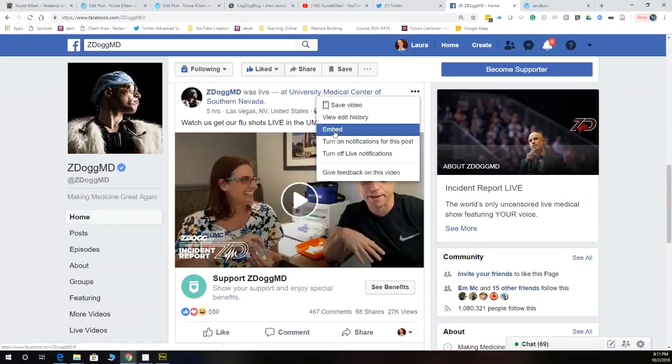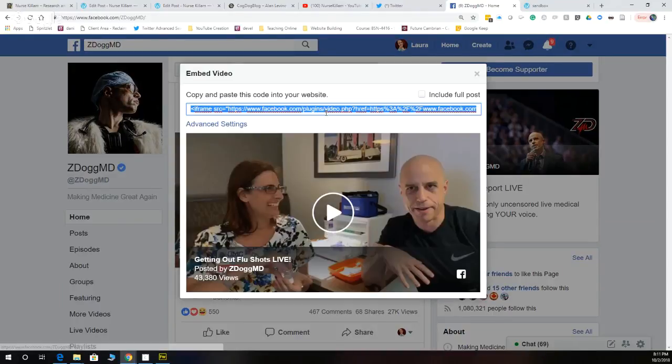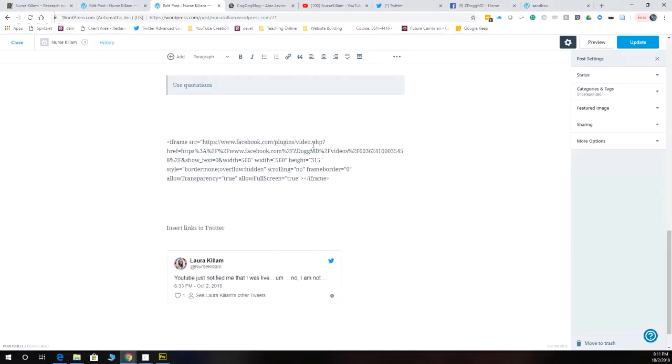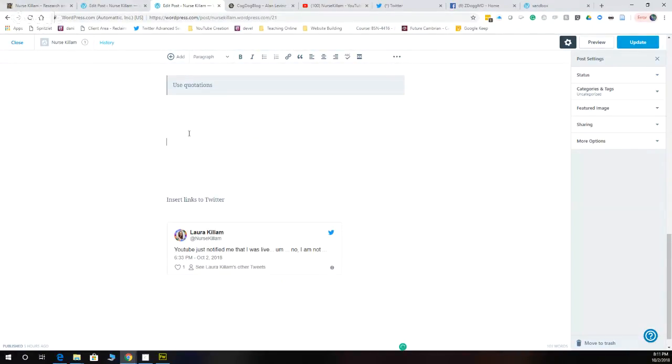I can go to embed, and then I can copy this embed code. I'm going to use Control-C. That's the shortcut for copying. Now, you'll notice when I paste it in here, it's not automatically converting. That's okay. If you're having some difficulty with that, I recommend